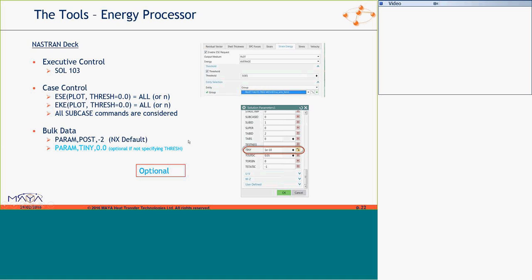Now, by the way, I will send you a PDF of this presentation, so this recording might be interesting to have. What's optional here in terms of the setup for each processor is in blue here. So PARAM,TINY is optional.